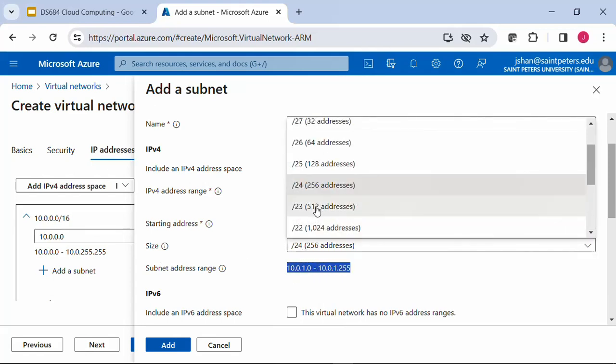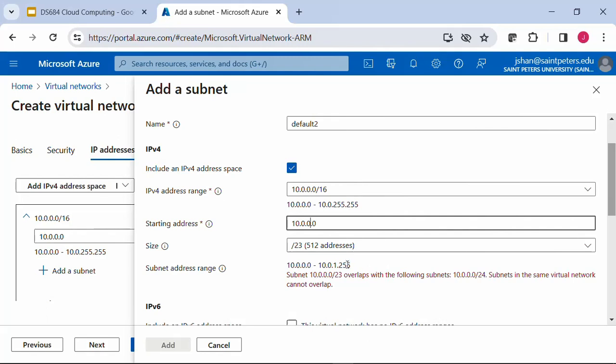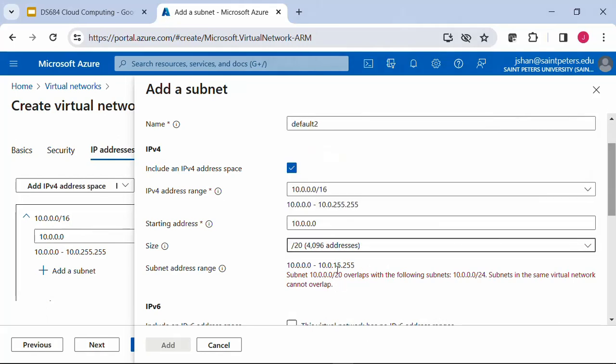If I change that to like 23, you can see that, oops, it's not valid because one is going to be used. Okay, if I use this change and I change this to 20, for example, oh, I already get an overlap. So if I want to use